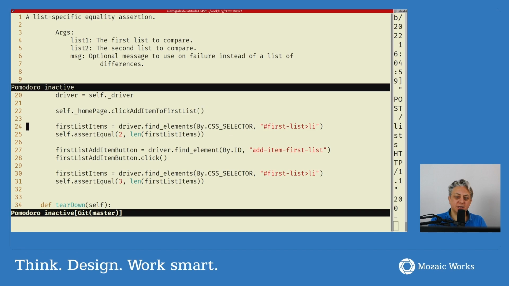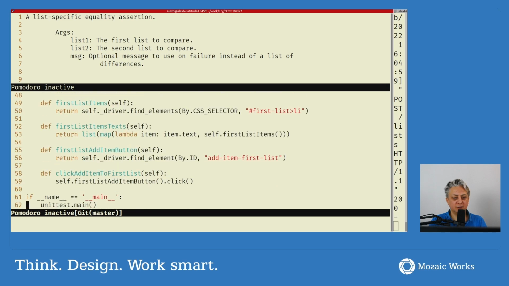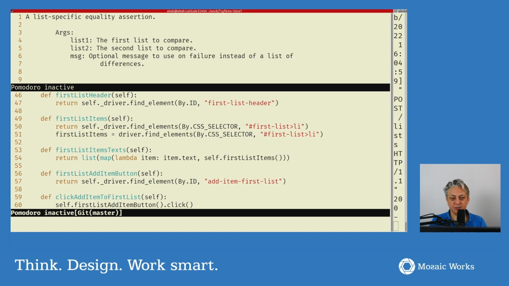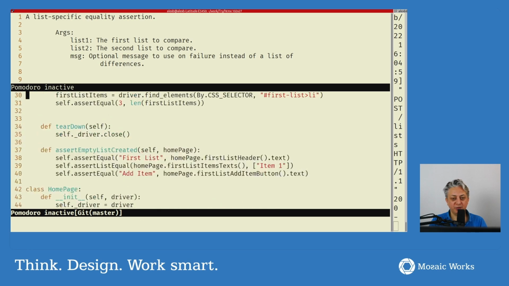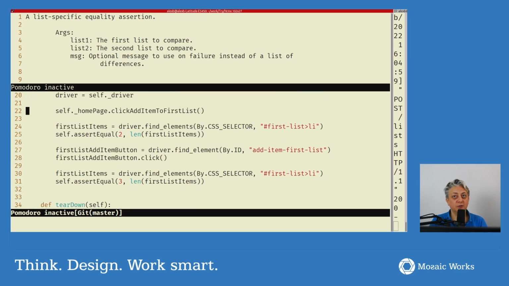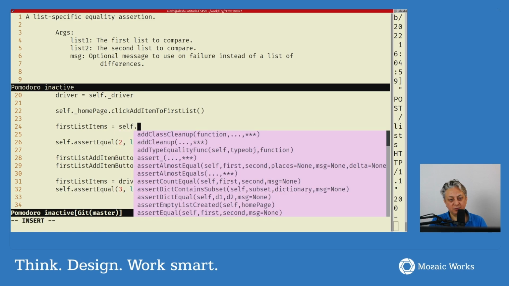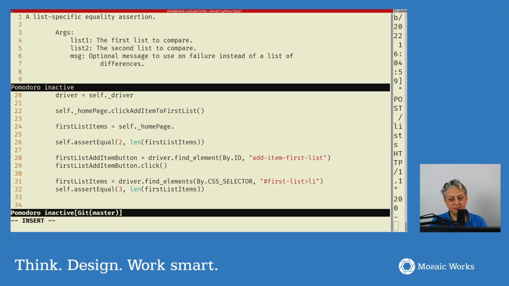Okay, first list items. Do we have first list items? Yes, we do have first list items. Precisely the same things because we probably copy pasted those. Who'd have thought? Programmers copy pasting things. My God. First list item. Okay. So this would become self home page first list items,